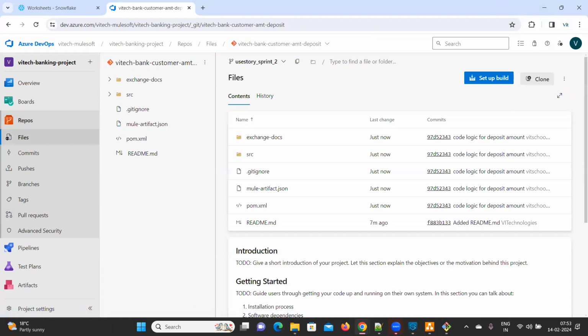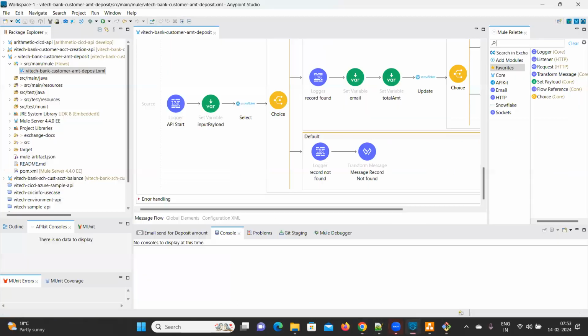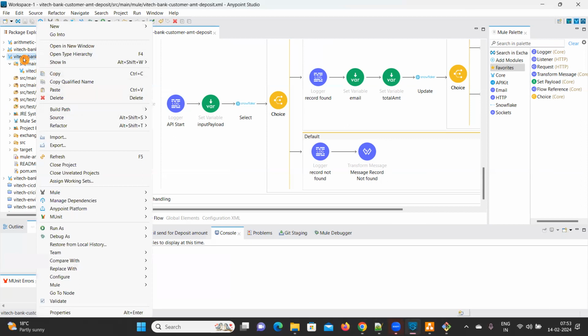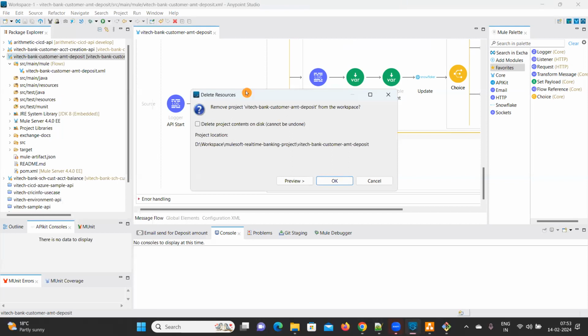Now try to understand. This is in my system. I have already cloned and I pushed the code into the repo. Suppose Ravi wants to work with the same project. He wants to implement some changes in my absence, or there is another requirement he wants to work on. In that case,